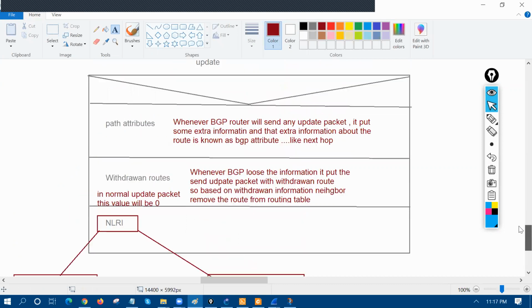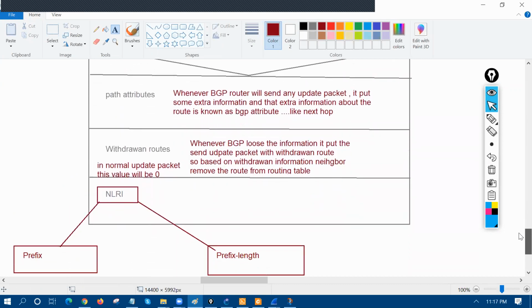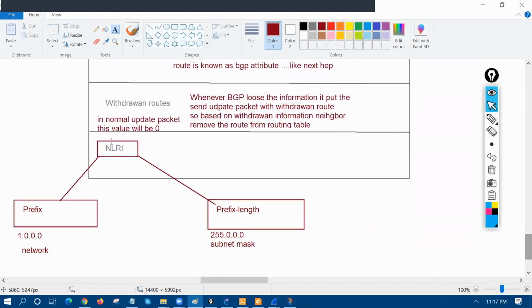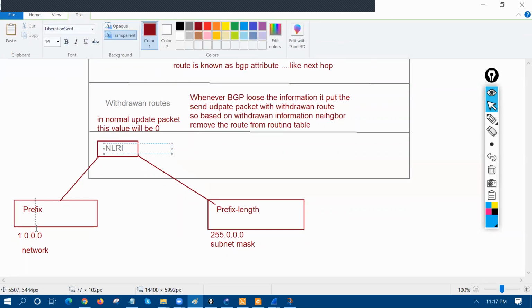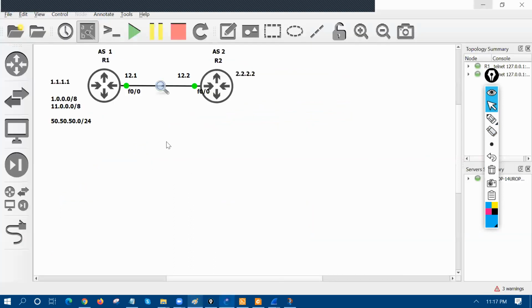So this is the structure of the update packet that you will see. NLRI is what? It's network layer reachability information. This NLRI is categorized in two portions, prefix and prefix length. Prefix means the network and prefix length means subnet mask information. So if you see, whenever router one is sending the update packet,